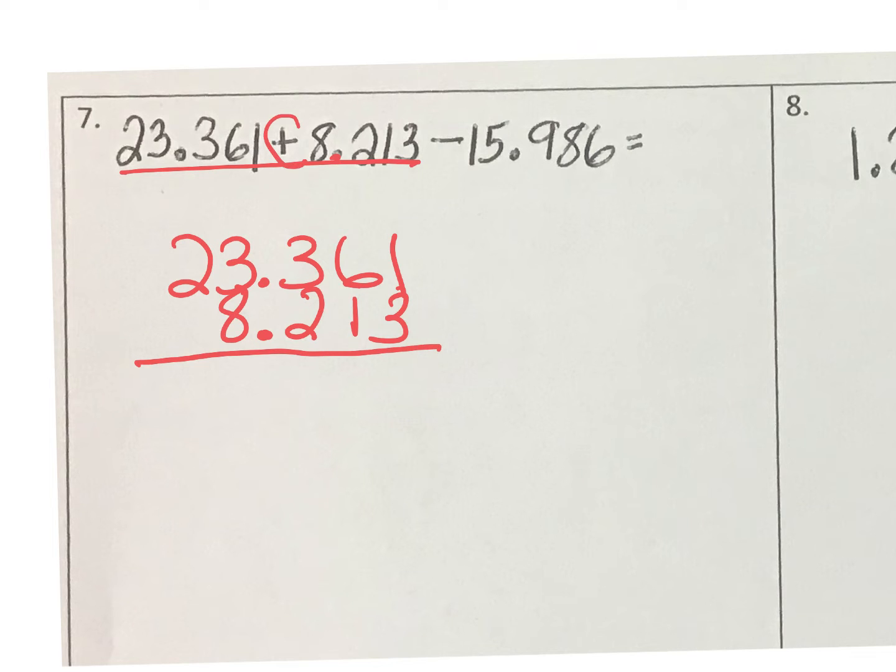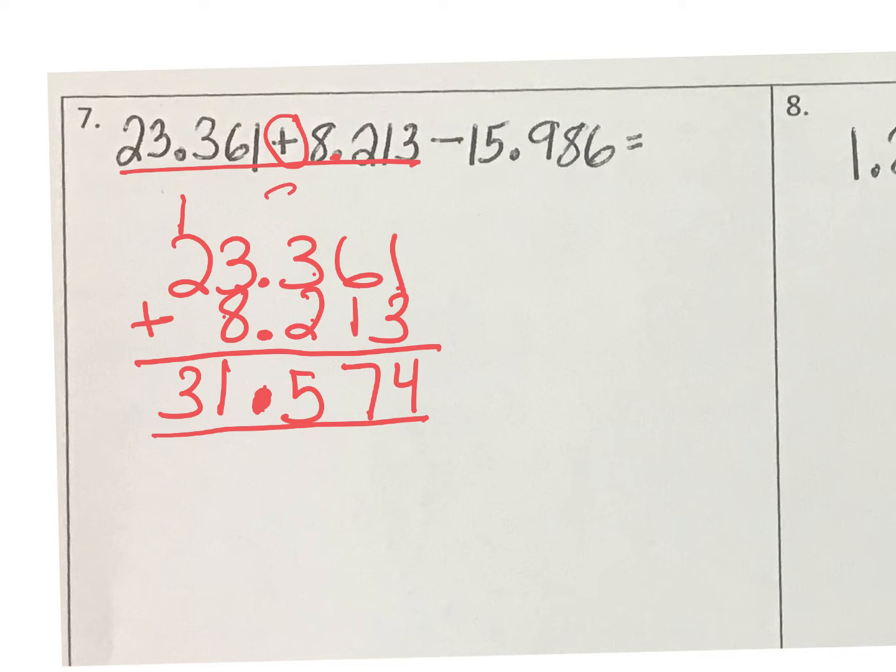And I'm also careful about the operation. This one's plus. I drop my decimal down first. Now I just do the adding. 3 plus 1 is 4. 1 plus 6 is 7. 3 plus 2 is 5. I got my decimal. 8 plus 3 is 11. I carry my 1. And 2 plus 1 is 3. So when I add those two together, I get